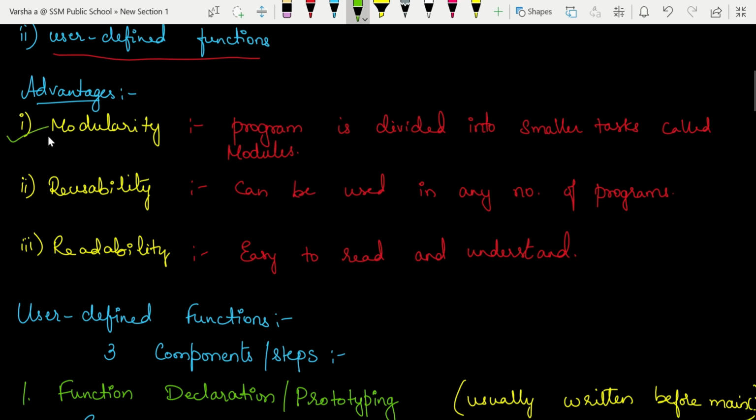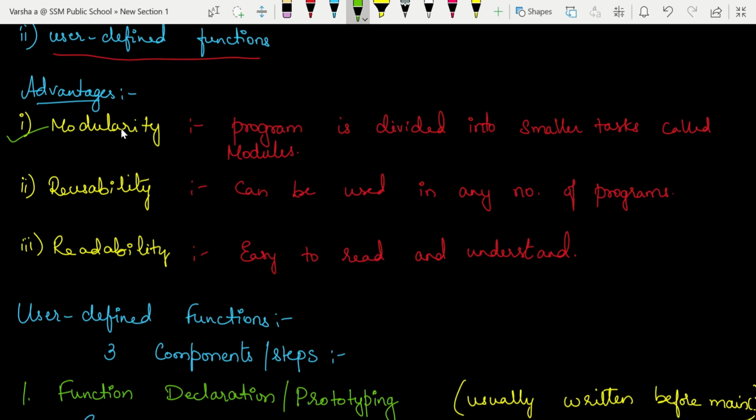What is the first advantage? Modularity. So I told you that we can develop the program into sub modules. We can divide the program into sub modules, assign the module development to another team member, and you can focus on the overall program logic. Now you are the person who is writing your main function, and that power and fact you have given to another team member, and he is writing code for that. What type of code he writes inside that function, how many variables he uses inside the function, what is the name of the variable he is using inside the function, all that doesn't matter to you.